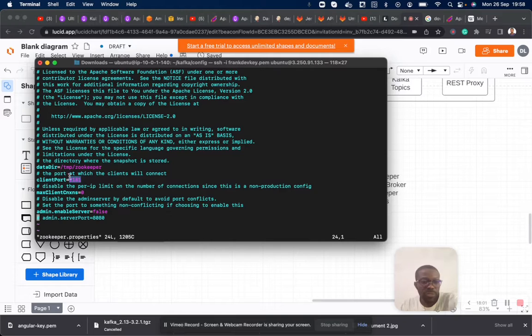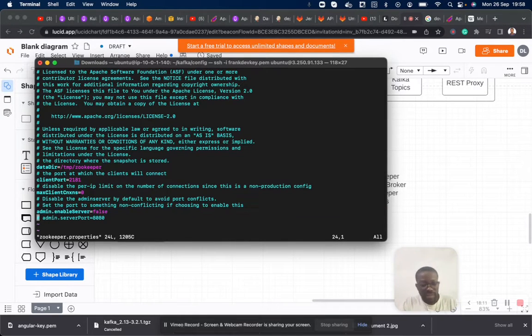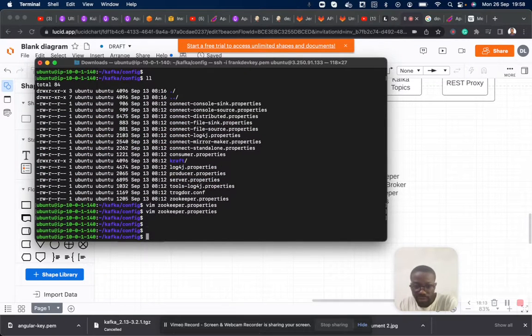This is the port to which the clients will connect. We have maximum client connections, admin settings, and so on. Great, that's it.